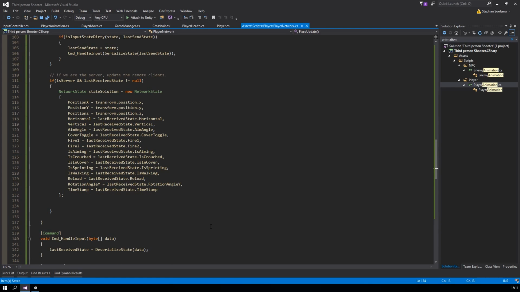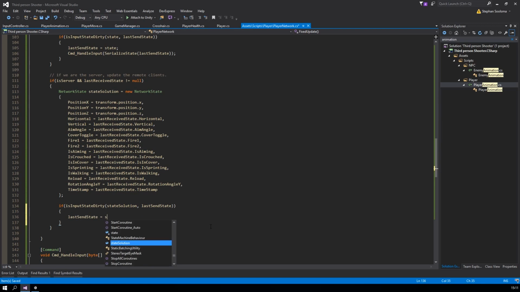Rotation angle, which we don't alter yet, and of course the timestamp of our last received state. You know, like in that difficult picture I created. So now we are going to compare the state solution if it's dirty. So is input state dirty, then we are going to compare the state solution with our last sent state,